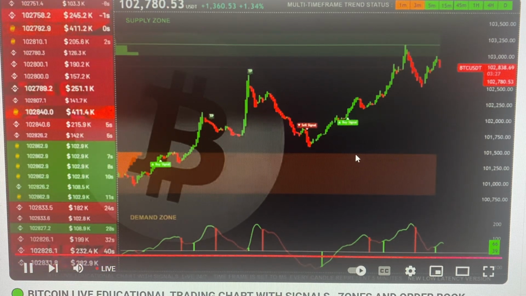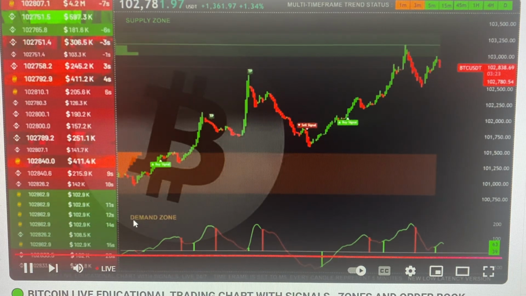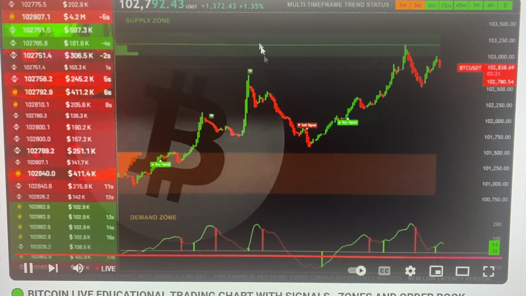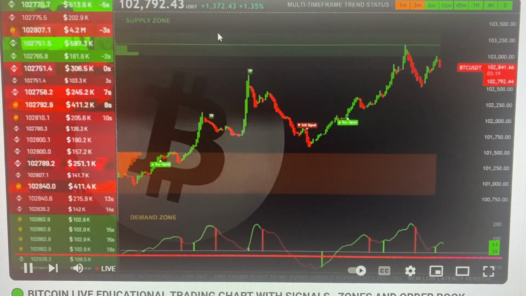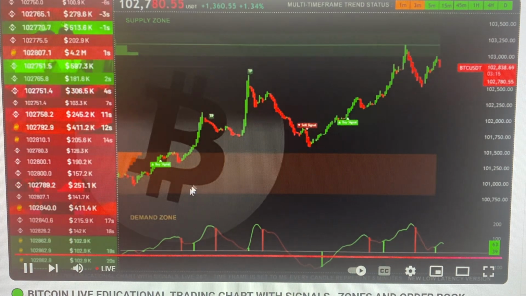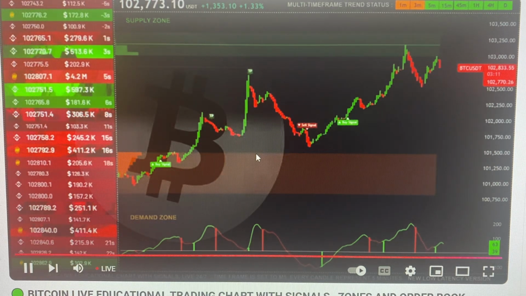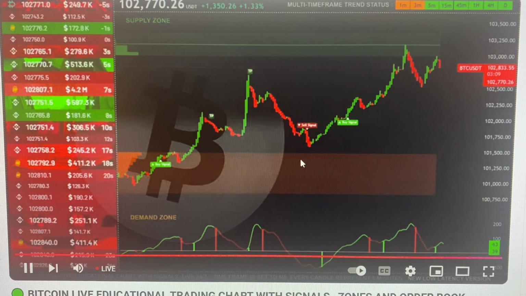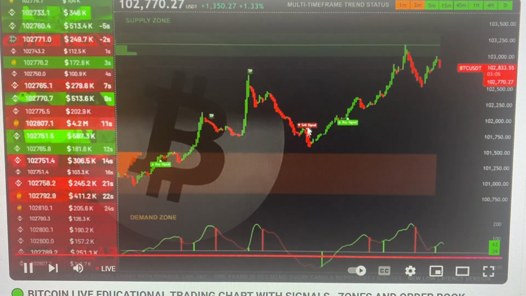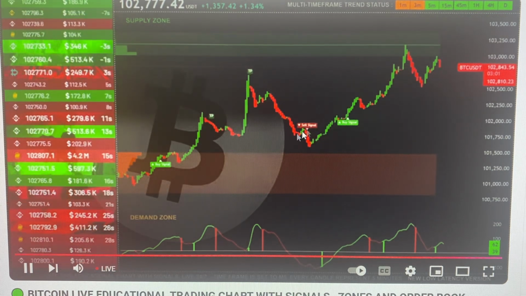Between this umber color here and here is what is known as the demand zone. And then up here, between this price here and here, is the supply zone. So it's demand and supply. I'm a buyer of the market or purchaser of Bitcoin between here and here in this umber color. And I tend to be a seller here on the pump, so it just oscillates between oversold conditions and